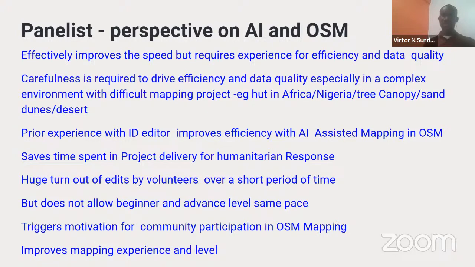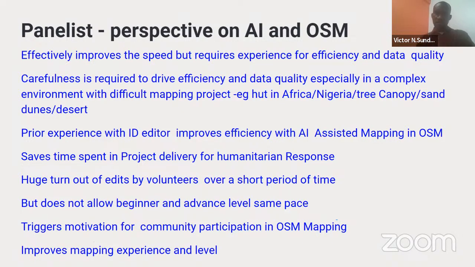And that is exactly where the human factor comes in, because you now need to take time to do the correction, align them properly, and so on. Once you log in, it automatically gives you whatever seems to be a feature, either a building or a road, and then you begin to take time to take care of that. So prior experience with the iD editor is actually required in order to improve efficiency.